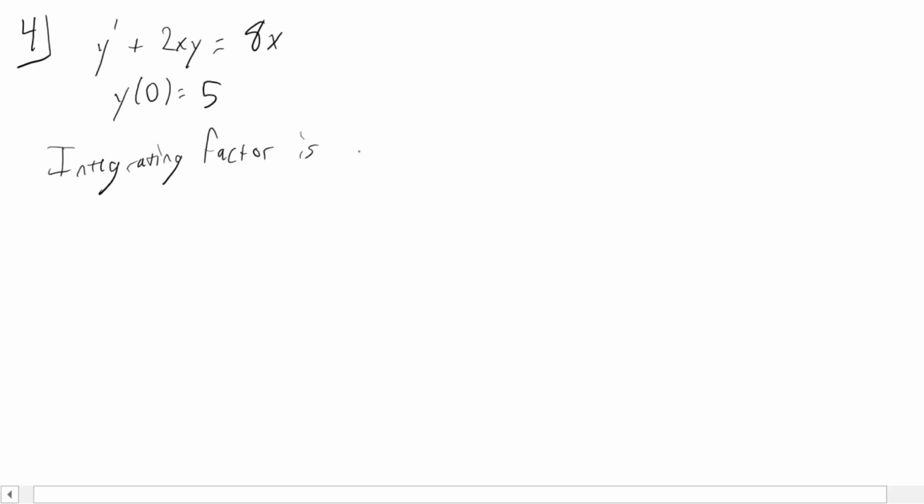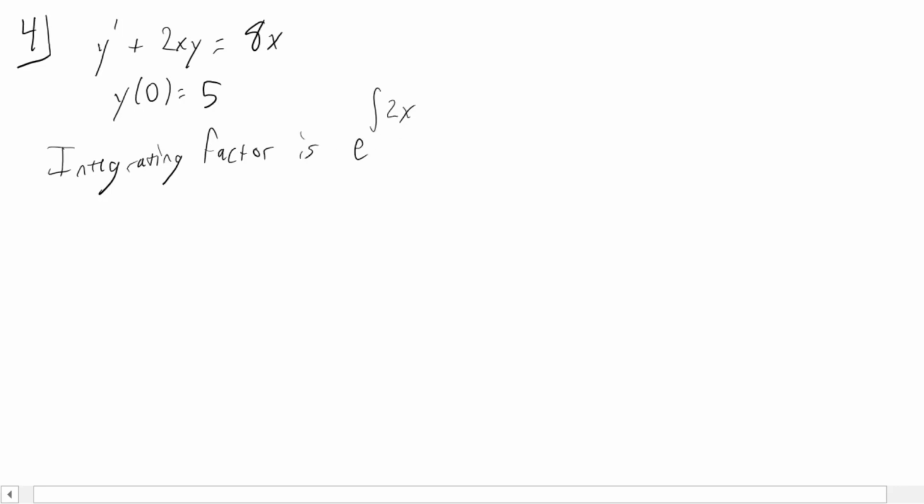Okay, so let's look at maybe a more involved example now that we have this strategy. So our fourth and last example will be y prime plus 2xy equals 8x. And let's add an initial condition, y of 0 equals 5. So our integrating factor is going to be e to the antiderivative of 2x, which is just e to the